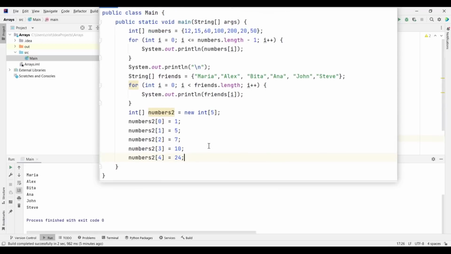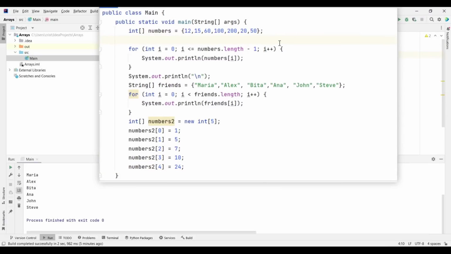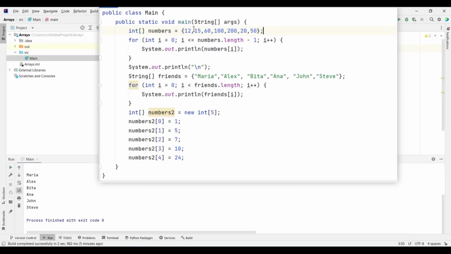Also, another important thing to mention is that after you create an array, let's say I created our numbers array, we cannot add new numbers to our array. Our array has a fixed size. I will not type the code, but if you try to put another element inside this array, it will not work.